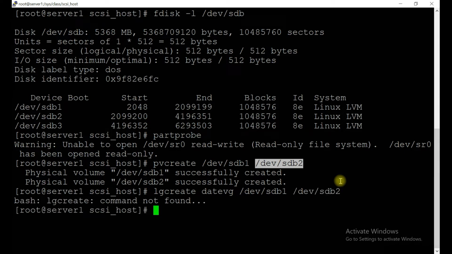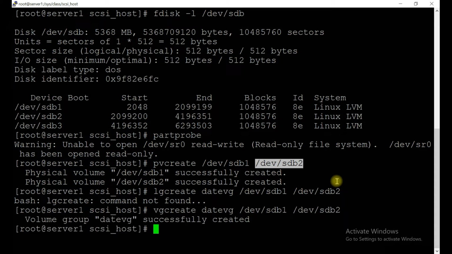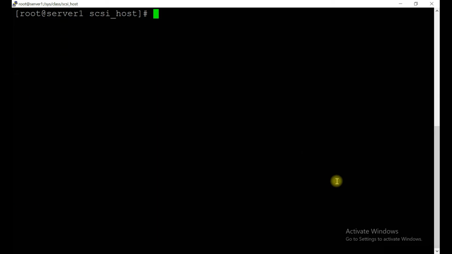Enter. Command not found. vgcreate, volume group. Okay, successfully created. Clear the screen.